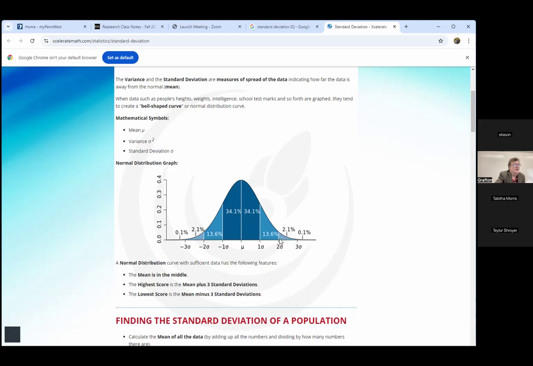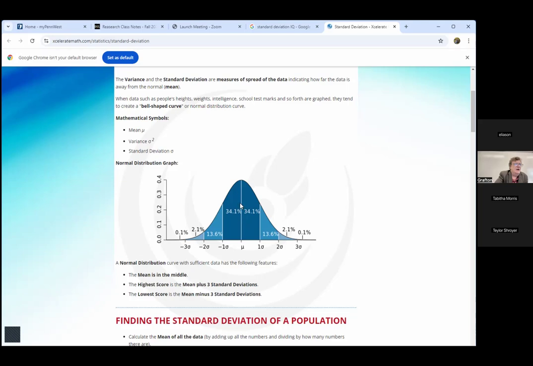And then 2.1 is the third standard deviation. And there's a tiny little fourth standard deviation away in a positive direction. So what this means is it's not a score. What this means is if this is the mean, if 100 on an IQ test is the mean,